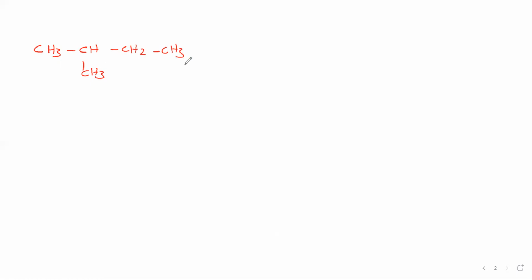In this compound, this hydrogen is primary hydrogen. This hydrogen is involving in halogenation. It is secondary hydrogen. This can go for halogenation. It is tertiary hydrogen. This also can go for halogenation. So rate of primary hydrogen, rate of secondary hydrogen, rate of tertiary hydrogen, this order will be 1:3.25:4.43. This is for chlorination.